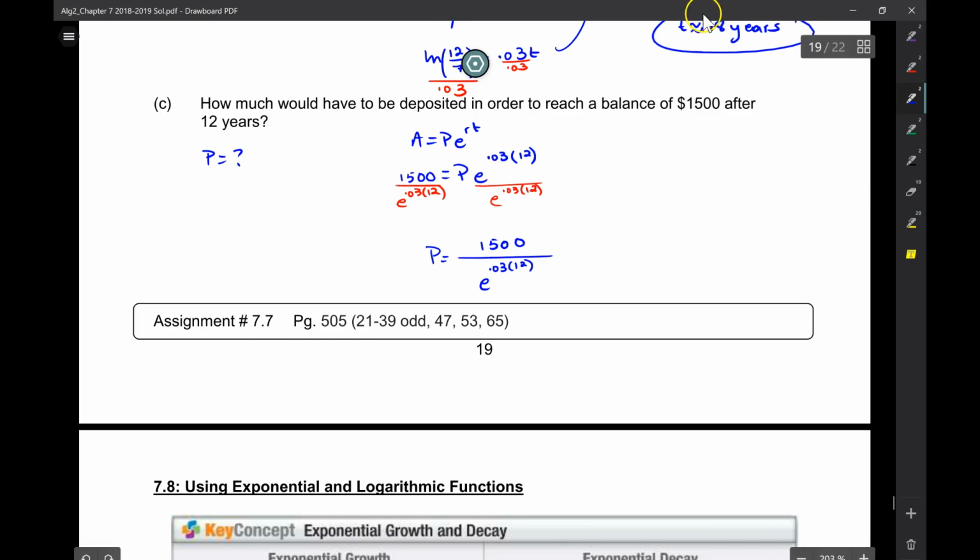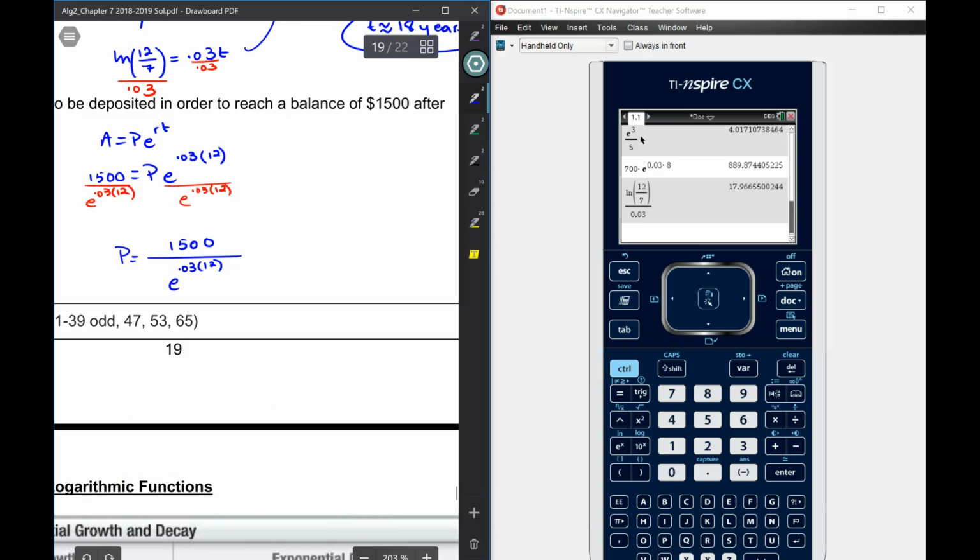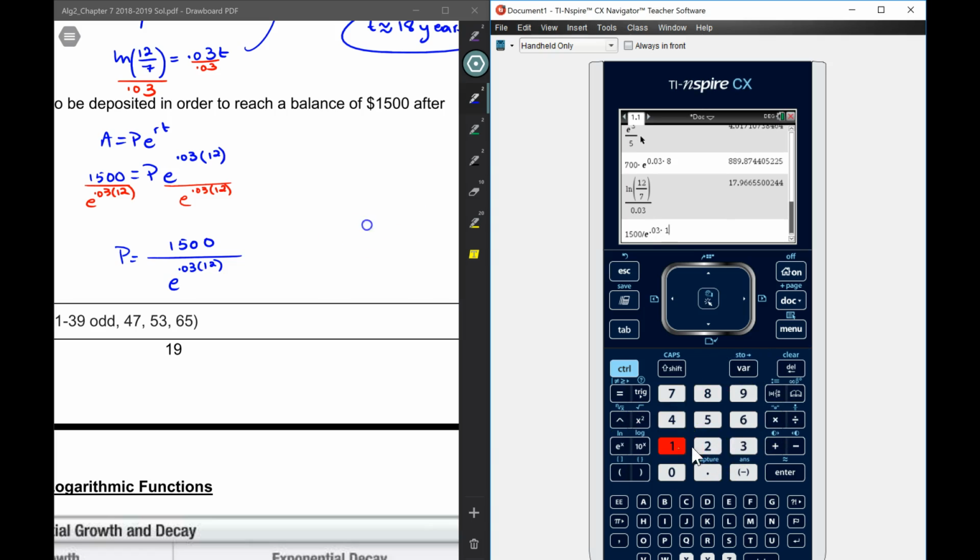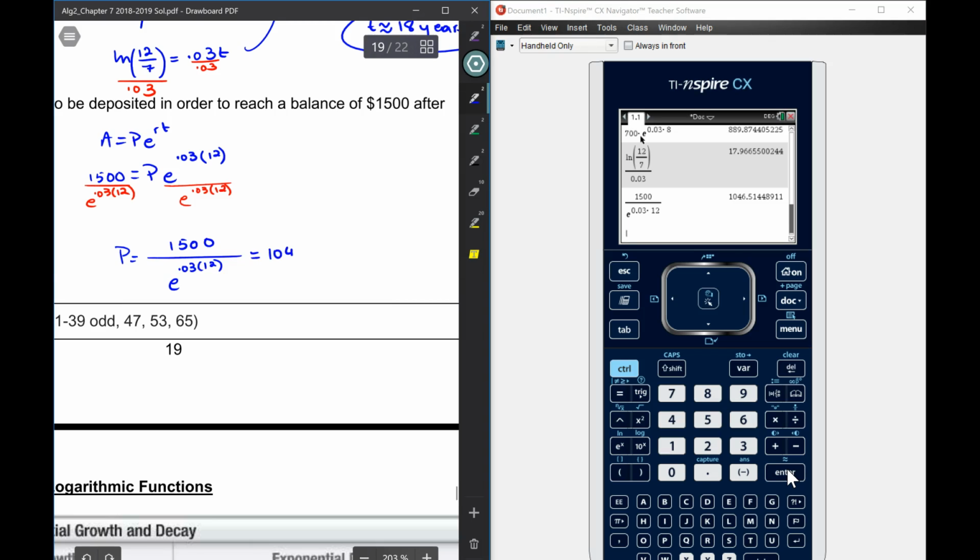So let's see how that works. 1,500 over e to the 0.03 times 12. $1,046.51. All right. And there you have it. Okay, in the time that remains,